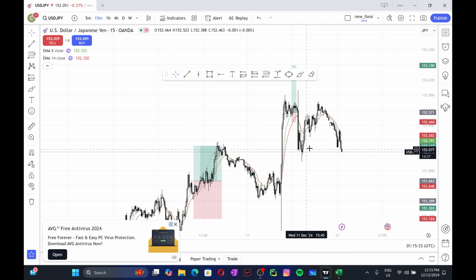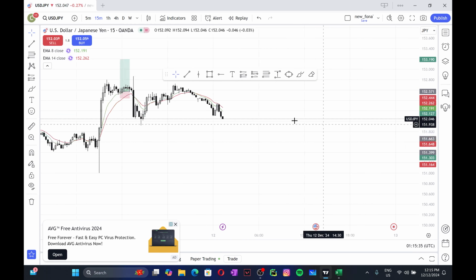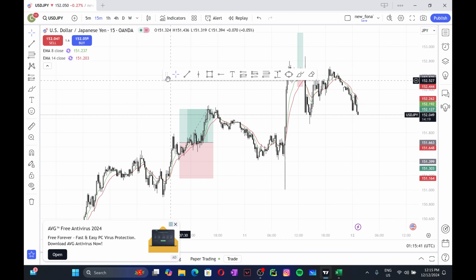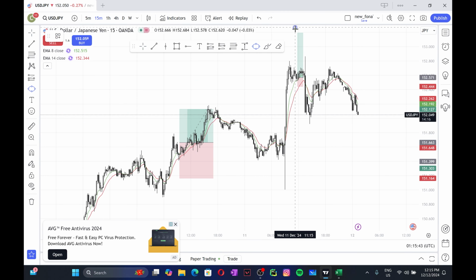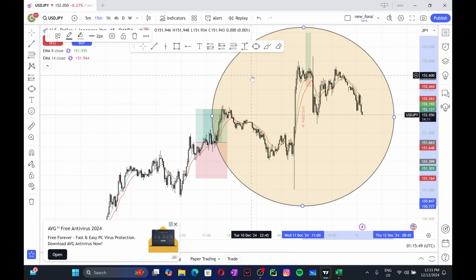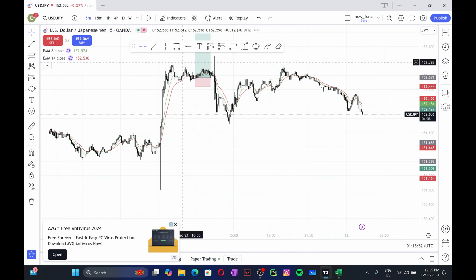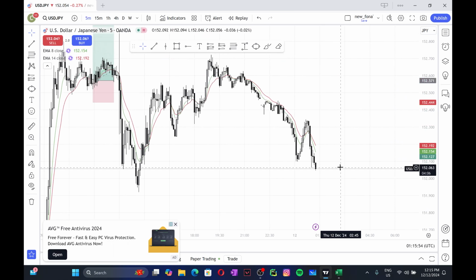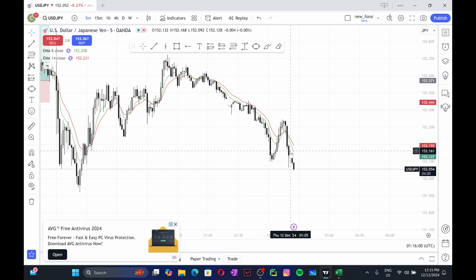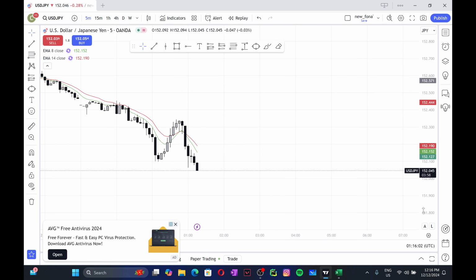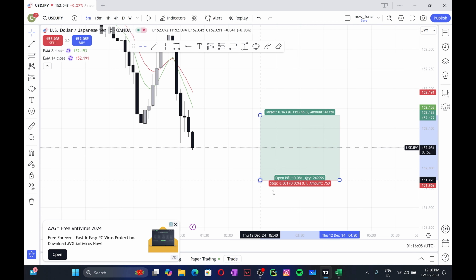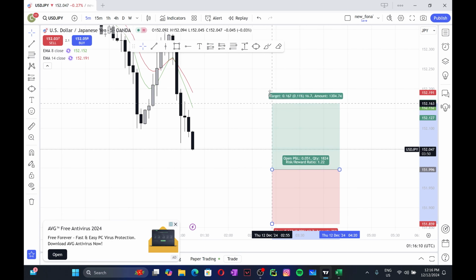So this is like a huge, I don't even know what to call it. It's like an unexpected thing which happened in this area, but it's all good. We're just gonna ignore that and try to take bullish trades. We are gonna take a trade as soon as there is a crossover. The price has gone down and the red moving average is above, so as soon as there's a crossover, we would be taking a long trade, which I believe would happen somewhere around here.